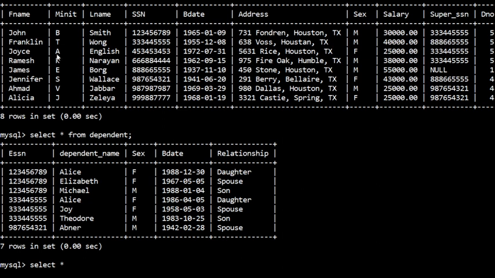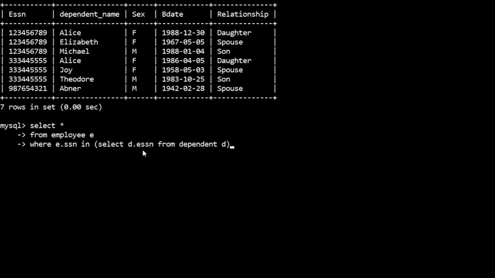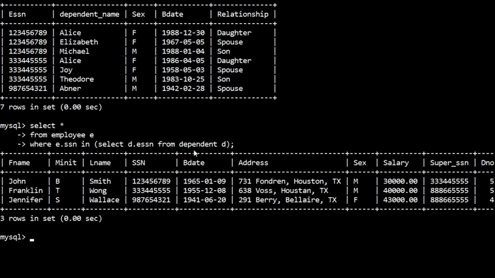Then come to Joyce, the third tuple, and here this SSN is not present in this list, so this won't be there. Like this it will compare with the employee SSNs which are there in your dependent table. So you can see only 3 tuples will be listed.